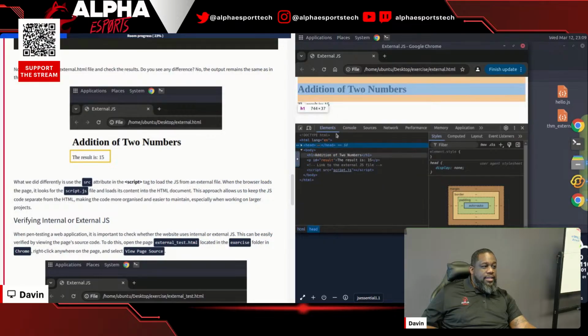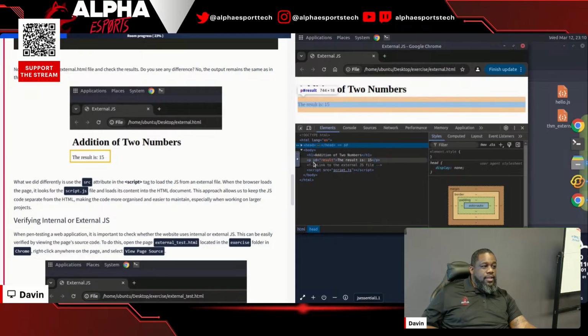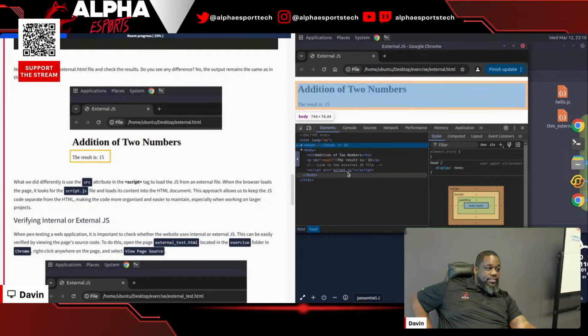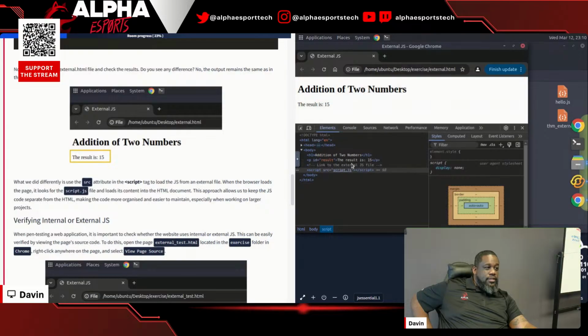And then in the body, because this is the body here, you have your header again, which is the addition of 2 numbers. You see that here. And then ID result, and then the ID equals, so the result is, and then it's saying 15. And the reason why it's getting that 15 is because when you call for this script.js file, it's calling for that script.js file, and the script.js file runs that equation and says, this is the result. And then it says, okay. And because it's looking for the result,